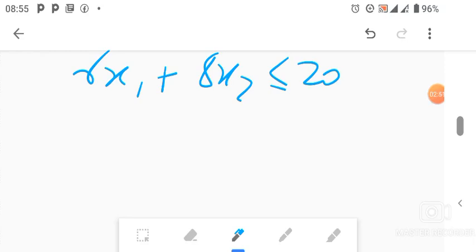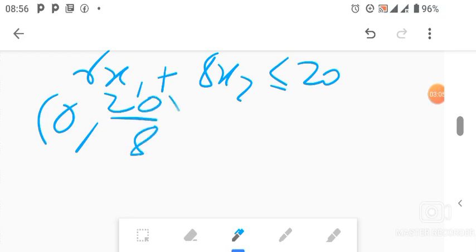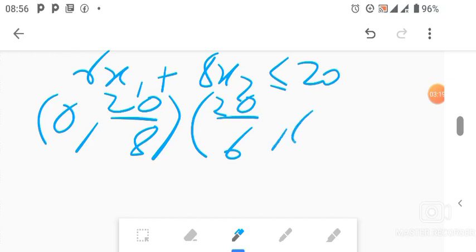In this case, we only have one constraint, which is the one you're seeing on the screen. Finding the intercepts, you can say, when x1 is 0, what is x2 equal to? It will be equal to 20 over 8. I'll just take the fractional form because I know there will be some decimals, but it's up to you. Then you can also say when x2 is 0, what is x1 equal to? I'll again take the fractional form, which is 20 over 6, comma 0. So you have those values at this point.